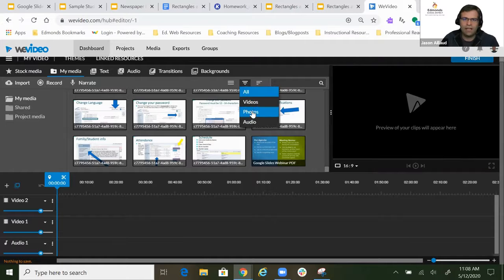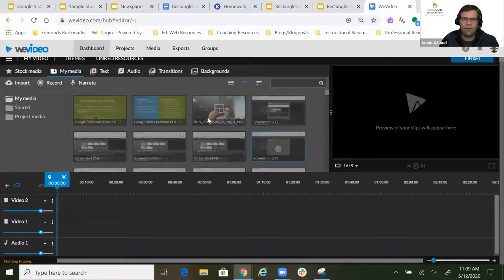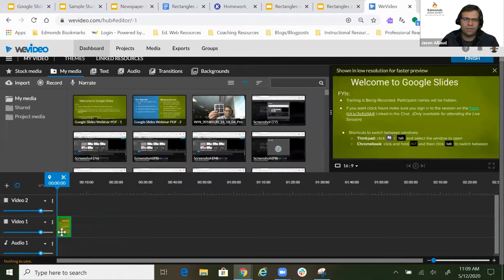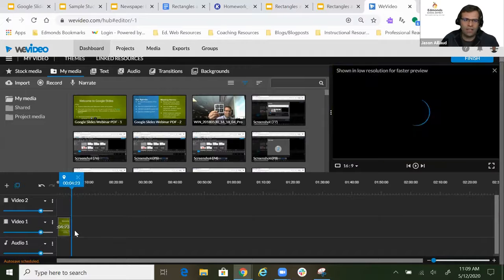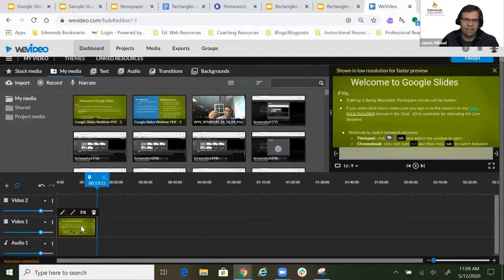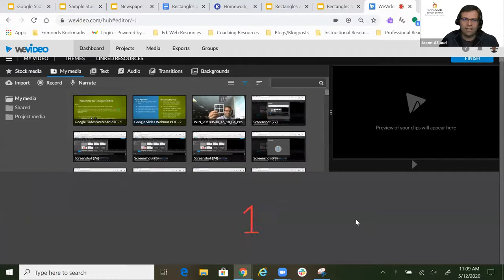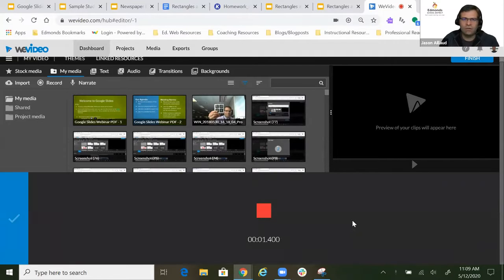So I'm going to go ahead, and this filters down so I can only see the photo, the images. And so here we have the 2 slides from my webinar. If I click and drag this first one, I can record audio over this, and then when I'm done with recording audio, I can adjust the length of the time that that slide shows. And then if I want to record audio, I can click narrate and then record, and it's going to give me a quick countdown, and then I can read the things that are